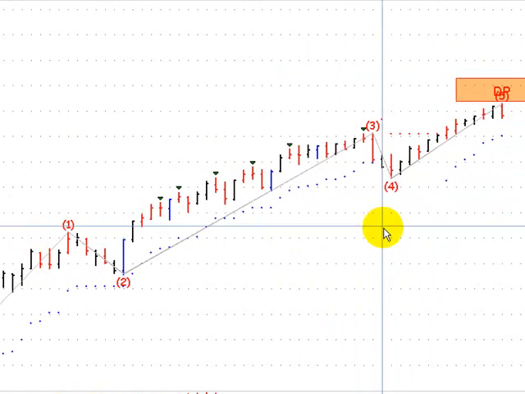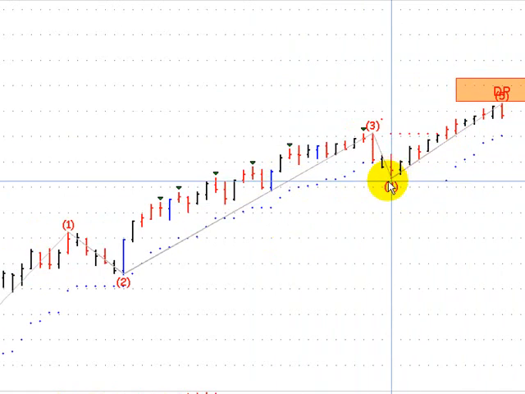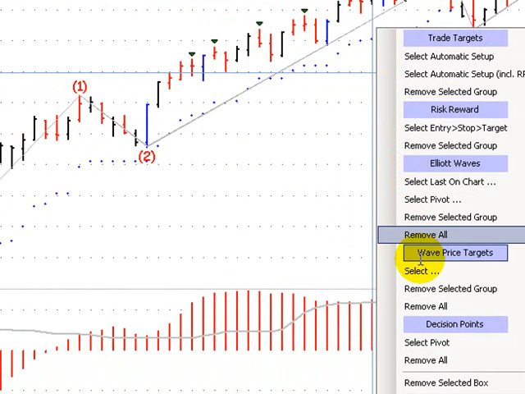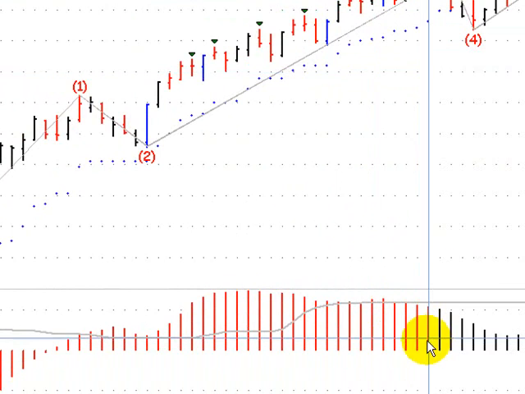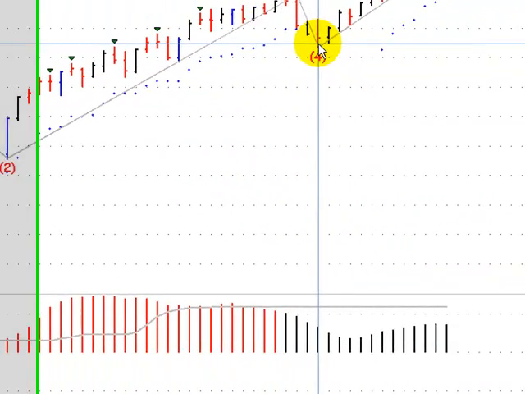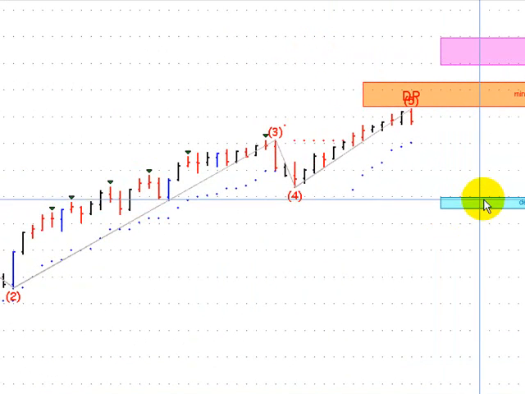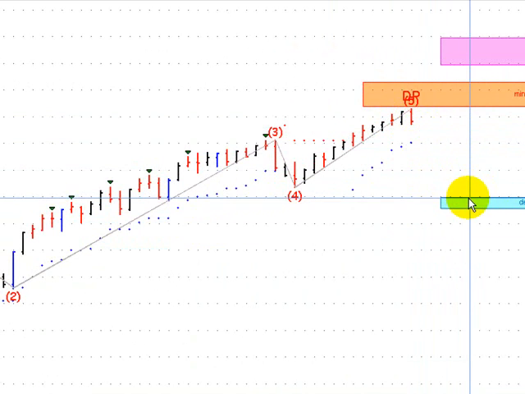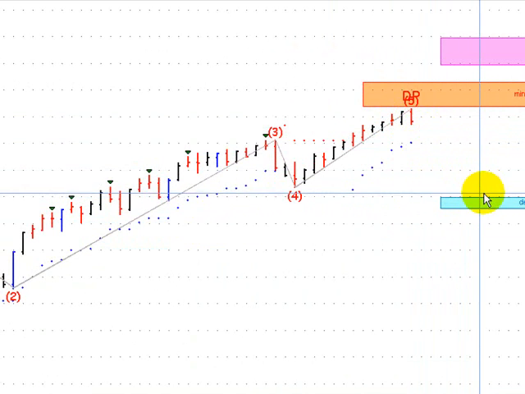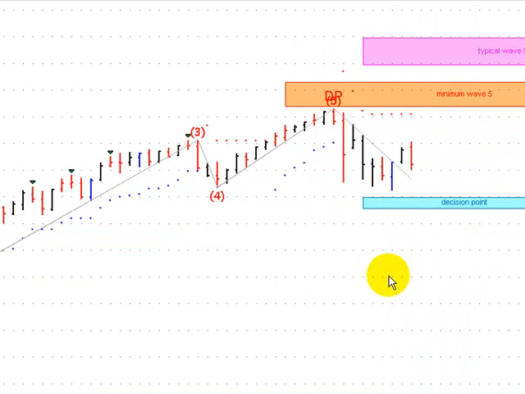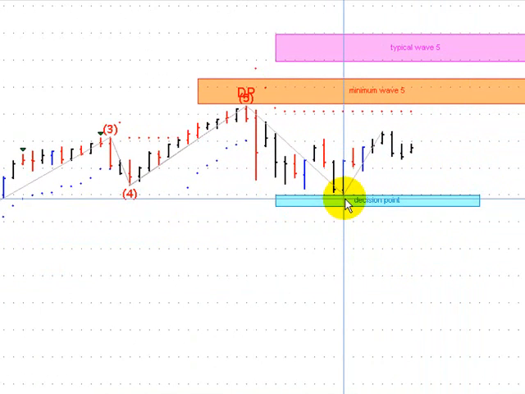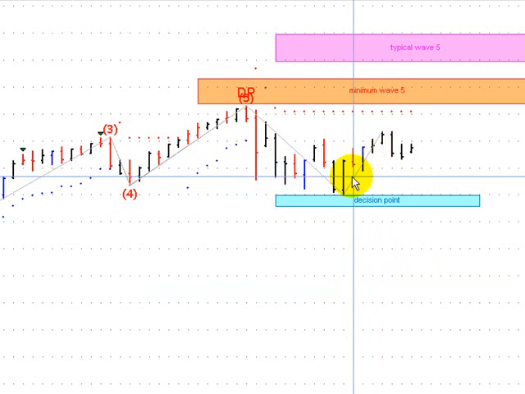Now if I just move back here, once that DP was put in, we've got our wave 4 low here. We can look for, if the market does pull back, where might it find support? I'm going to select this pivot, this wave 4 bottom here, and it pulls this decision point support area. If the market does sell off, where might it bounce, or where might the support be found? And if I move forward here, you can see it came right into that decision point support area. Got a reversal bar here, this blue reversal bar, and the markets have reversed,